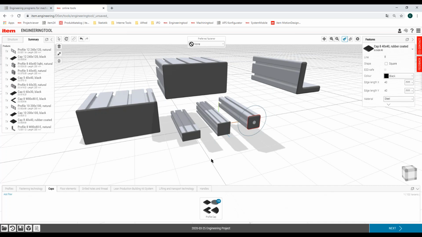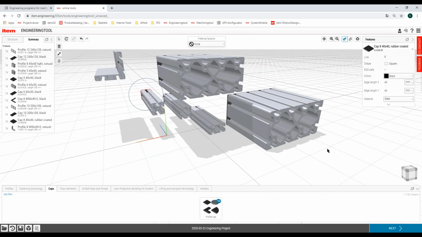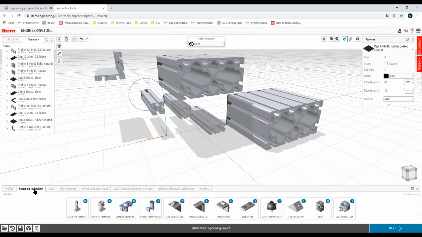And in the same way as the caps are working, there are other products which are using the same logic in the background. One of these products are our fasteners. If you think about our standard fastening set, we are offering the standard fastening set in different profile lines for the different profile sizes, and in different variants for the use case of inserting panel elements, for very easy assembling, for only one side or what else.